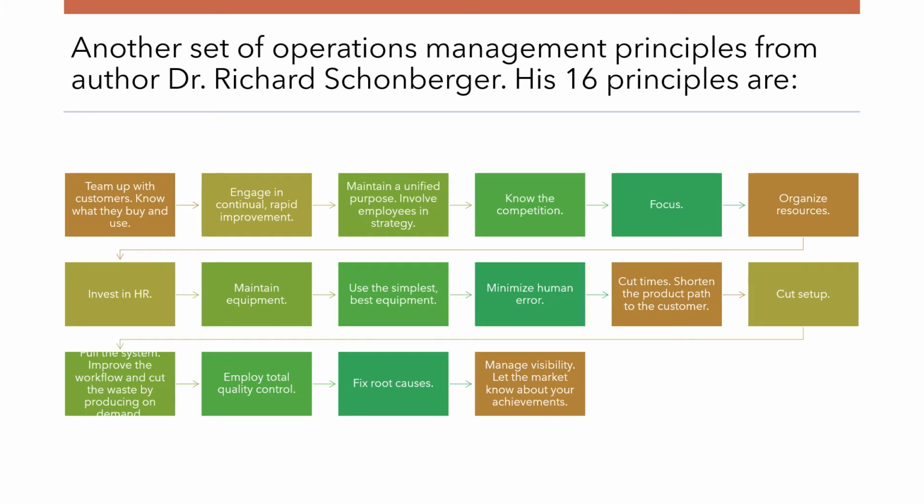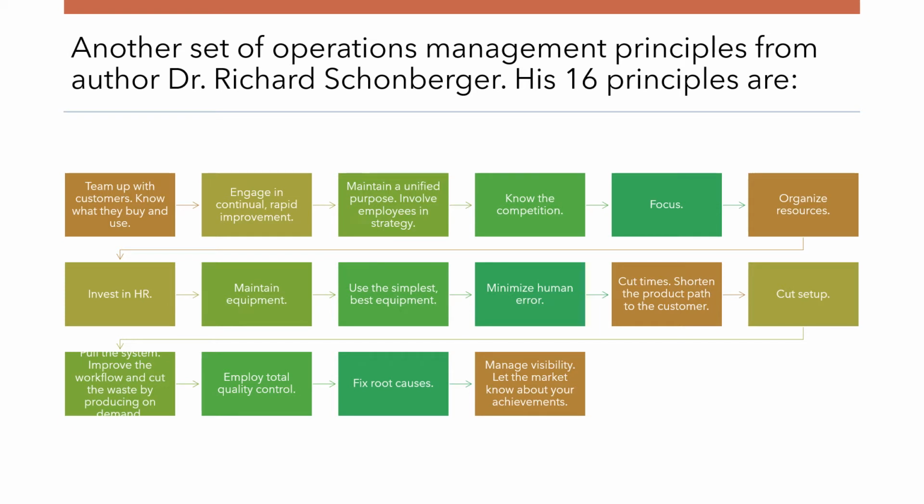Another set of operation management principles by author Dr. Richard Schonberger. His 16 principles are: team up with customers, know what they buy and use, engage in rapid improvement, maintain a unified process, involve employees' strategy, know the competition, focus, organize resources, invest in HR, maintain equipment, use the